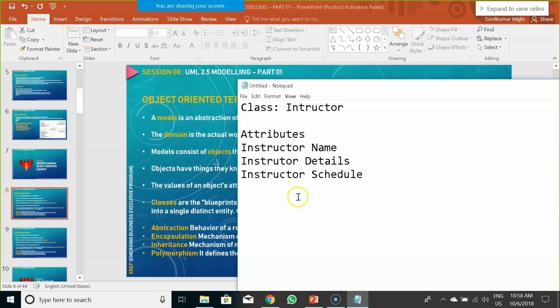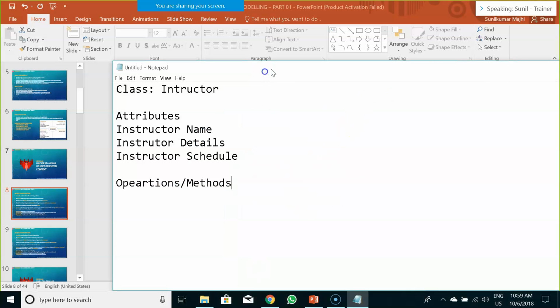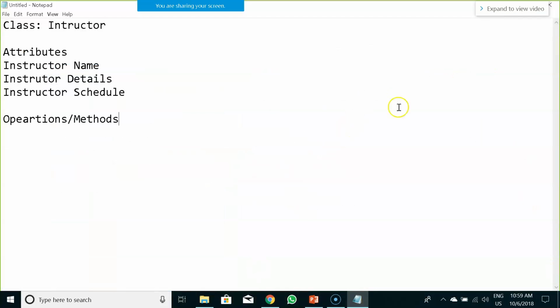We'll keep it till here. And then we would have certain operations or methods. Now the class name here is instructor, and it has this many attributes under it, and we would define